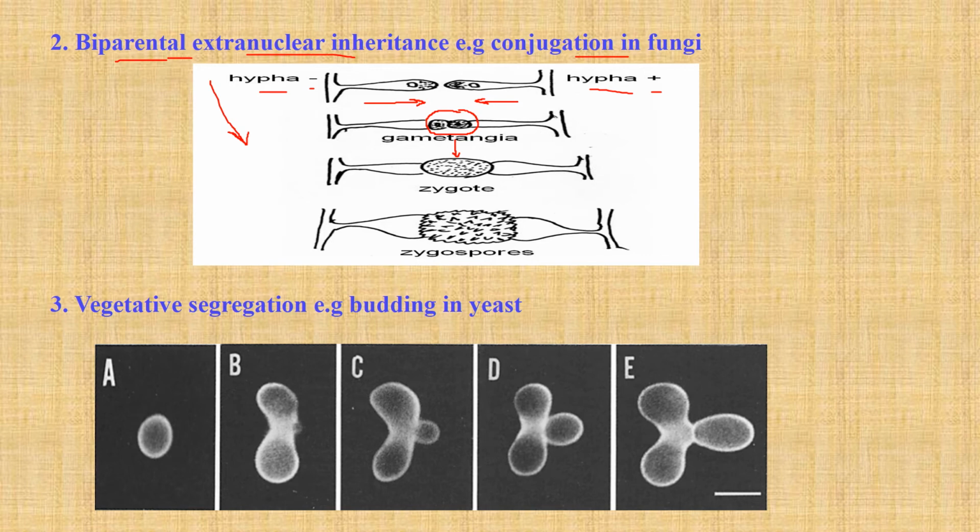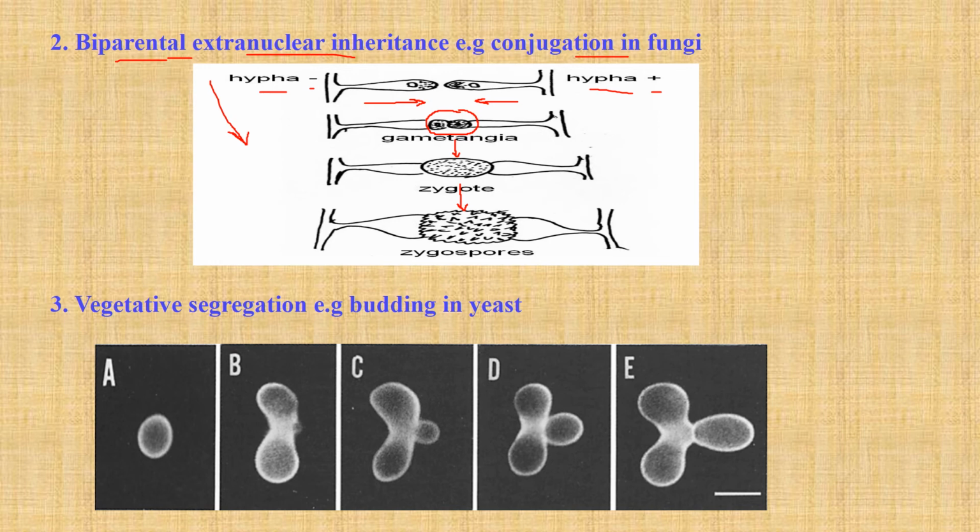So you see that here the non-chromosomal DNA is contributed by both parents in the offspring. This zygote will later grow into a zygospore that will produce spores. So here the extranuclear DNA is contributed by both parents, and thus the name biparental